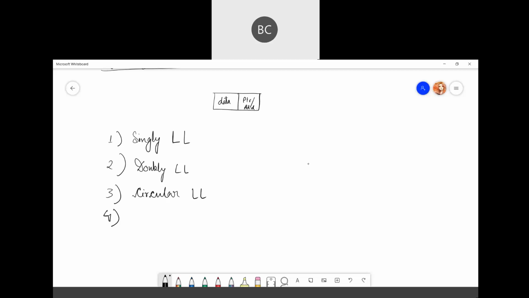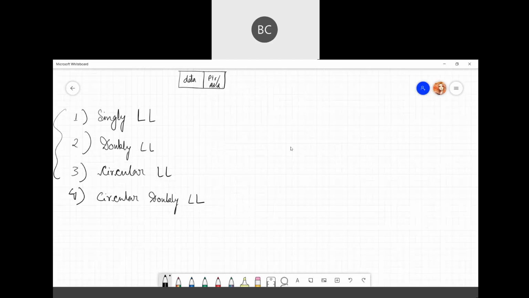Okay, so the fourth one, there are mainly 3 linked lists. Then we have another variation, which is simply circular doubly linked list. Okay, so about singly linked lists, you guys already know.